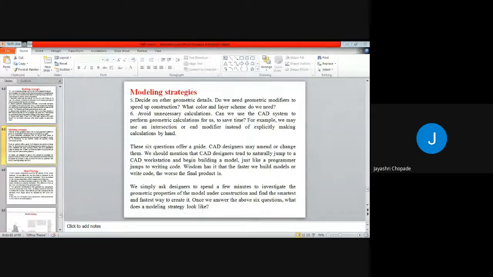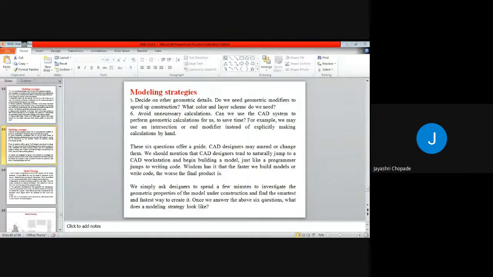Or do we need a color and layer scheme? If any model is very complicated and we assemble that particular component from so many objects, then to identify a particular object, we can give it a color or apply the layer scheme. So we need to consider that again.